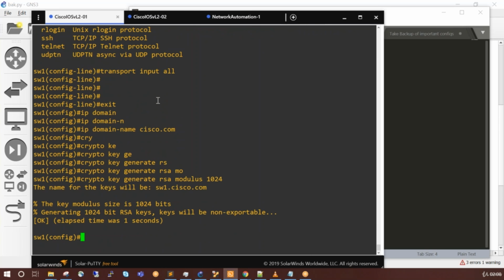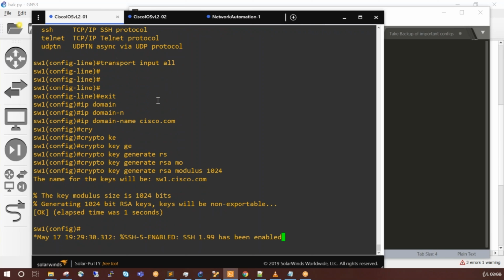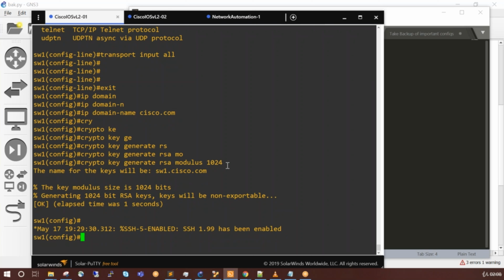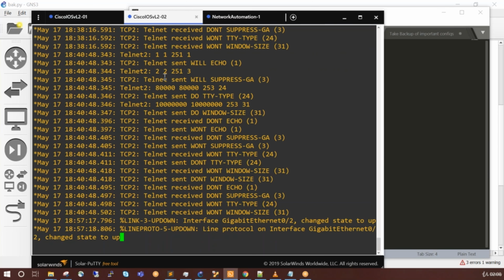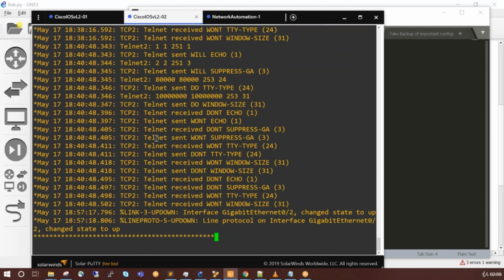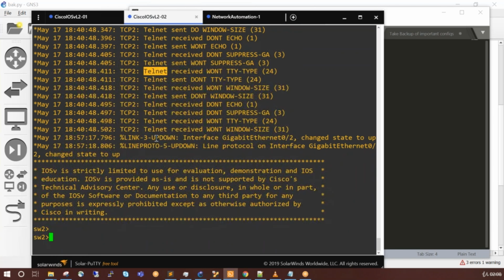Because in case of SSH, this crypto key that we are generating, this public key, should be authenticated or accepted from where we are going to do the SSH. Okay, so what we have done is that we have given the IP domain name, we have given the crypto key. Now if I go here and do the same,